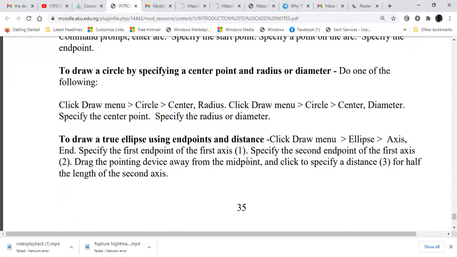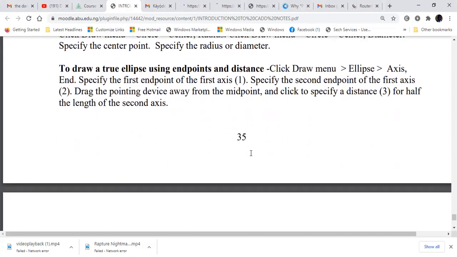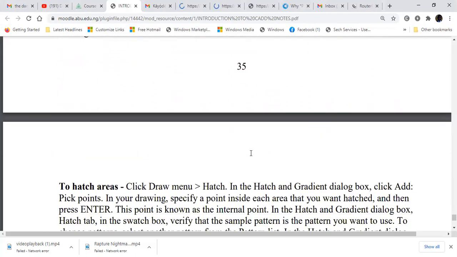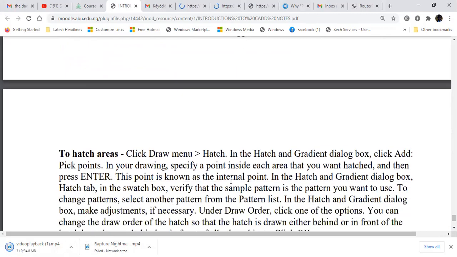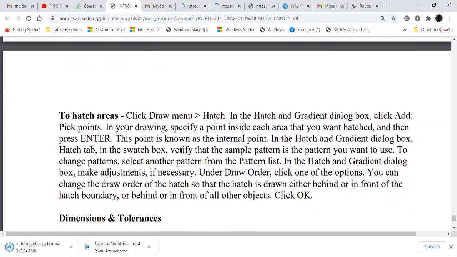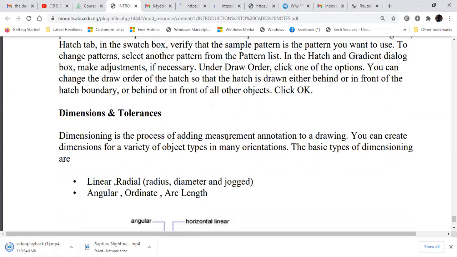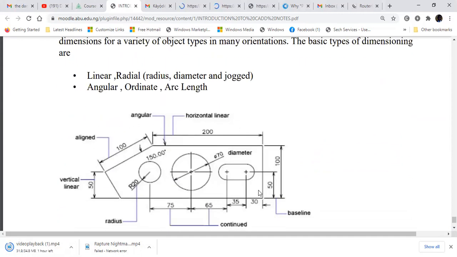You can draw objects using different methods, but you try to look for the one that is faster so that we can save time. So the effort is to save time. That is what we're trying to do. You can also hatch areas. Then we're going to do dimensions and tolerances. That's when I'm going to initiate the drawing of this kind of thing so that we can illustrate dimensioning and